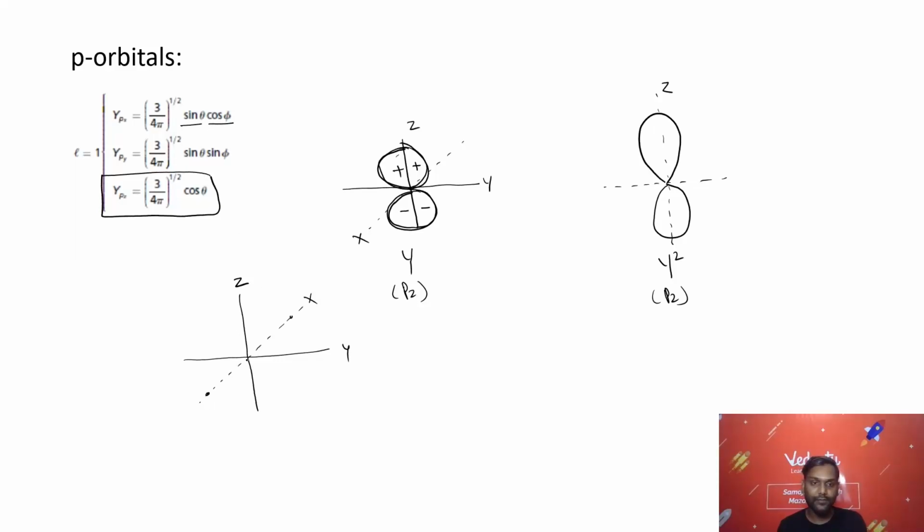So we will have circular shapes along the x-axis, just like pz. This is the shape for the px orbital. Okay. Again, when you square it, it becomes a dumbbell shape, and similarly for py,